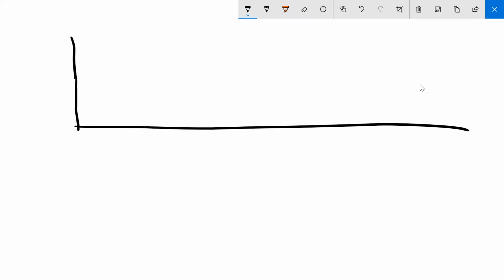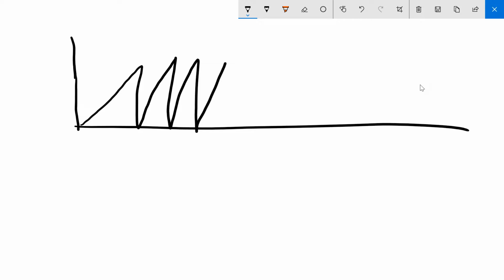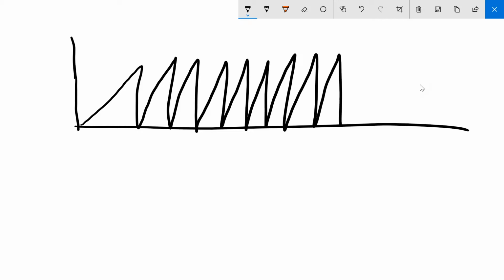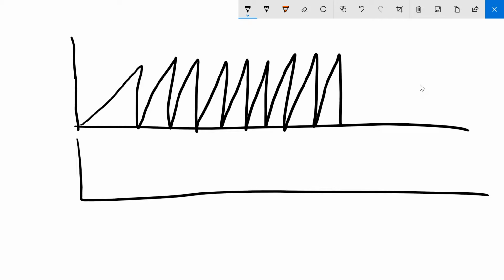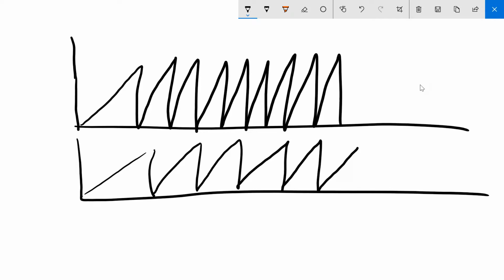Okay. So coming back to your question, Chandra. When we are saying that frequent GCs are good and frequent GCs are bad, it is the same sawtooth pattern that you need to observe, right? I will draw two different kinds of patterns over here. So this is the first pattern. This is again the minor GC, which is coming frequently.